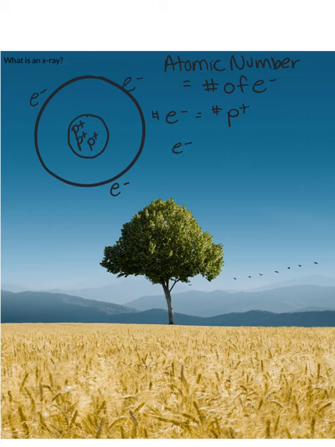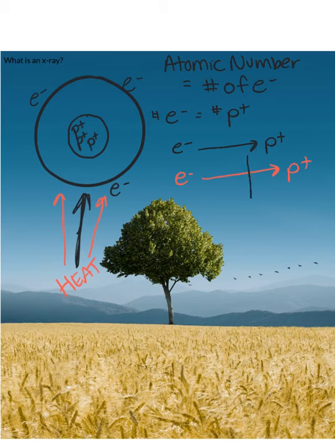Additionally, remember, negative charges are going to be drawn towards positive charges. So we're going to use this to our benefit in order to create X-rays. We are going to apply heat to this atom, which will cause these electrons to break out of their orbits and travel to those positive charges. We are then going to be putting something in their way, a barrier. So when these electrons come in, they're going to be flying, hit this barrier, and come off